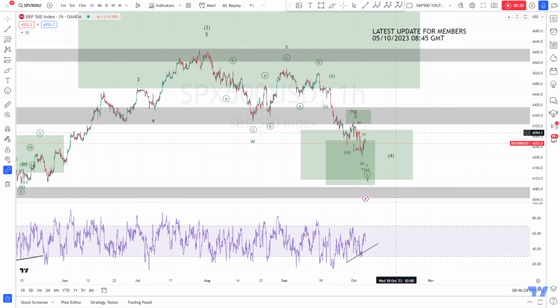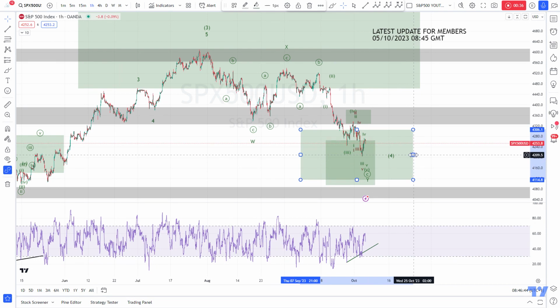I think the key points are still that we are doing wave 4 and actually there is not that much space anymore for this wave 4. So this is our wave 4 area. Of course, we can still see some more downside. There is space for more downside on the lower time frame, but in the higher time frame, it does not look like we can do another corrective leg,